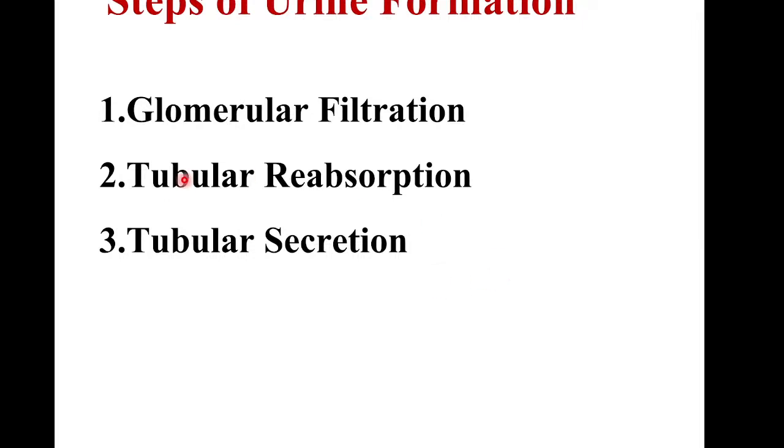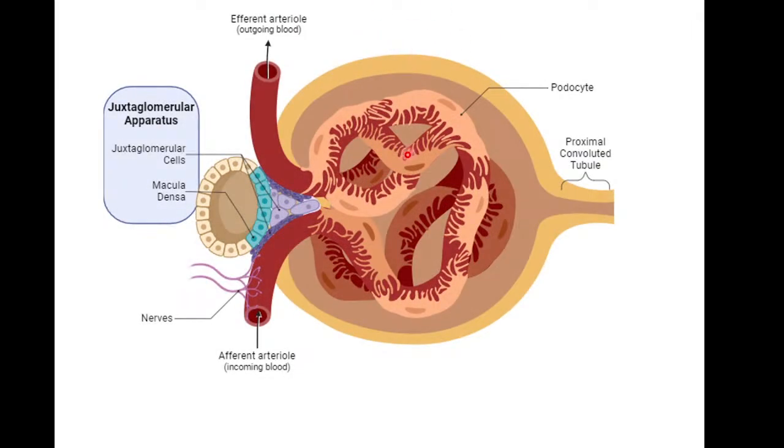So number 1, let's talk about glomerular filtration. This glomerular filtration occurs in the glomerulus. The glomerulus is a network of capillaries located within the Bowman's capsule. Blood enters the nephron through the afferent arteriole. You can see in this figure, this is the afferent arteriole and this is the efferent arteriole. The afferent arteriole branches into the capillaries forming the glomerulus, and the blood then exits through the